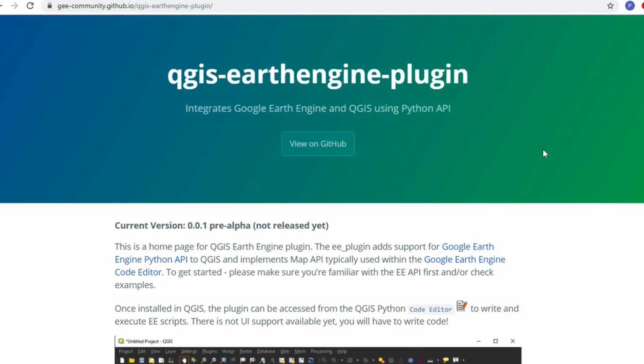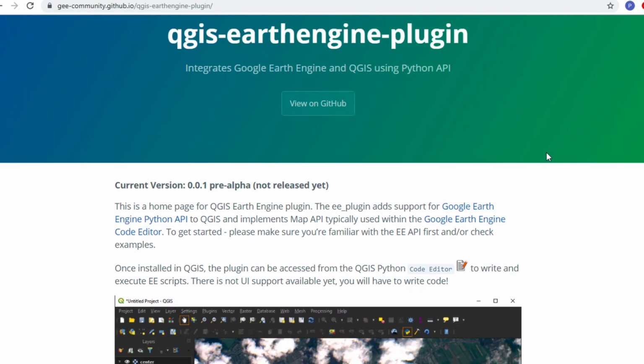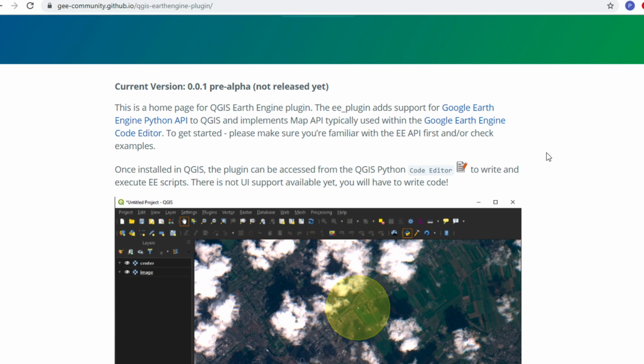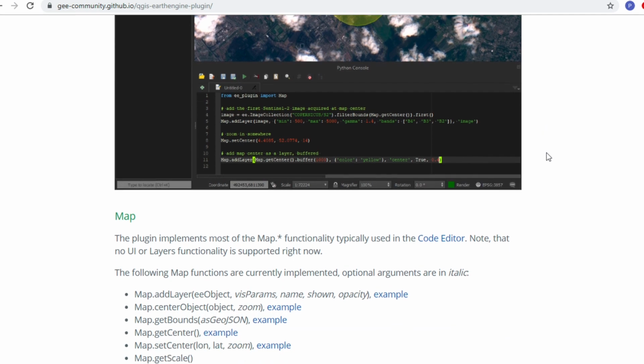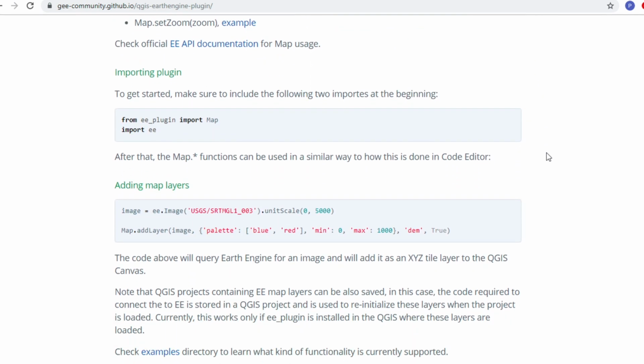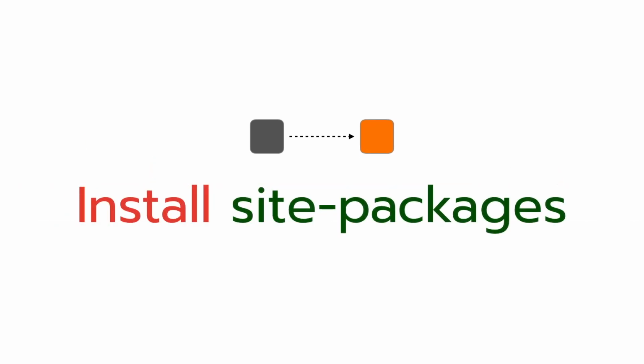This is QGIS Earth Engine plugin official website. I'm creating this video on December 1, 2019. At this time, current version is 0.0.1 and is not released yet. This page gives examples about how to use this plugin. If you would like to install the pre-release version, you can download the file below this video and follow this video step